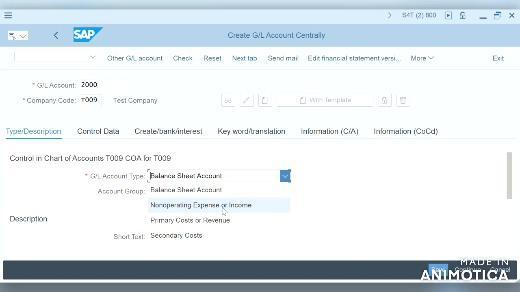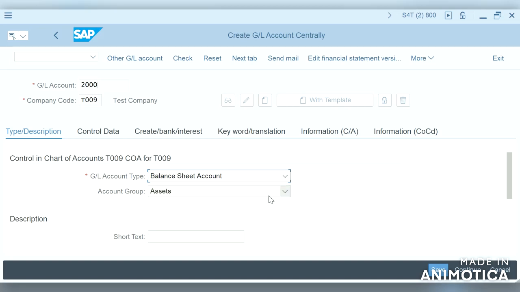This is not an operating account, so we don't use it for CO. P is for primary costs or revenue, which we use in both FI and CO. Secondary cost, which is nothing but secondary cost elements, is denoted with S and will be used for allocations in CO. These are the 4 different GL account types: 1 balance sheet and 3 profit and loss accounts.